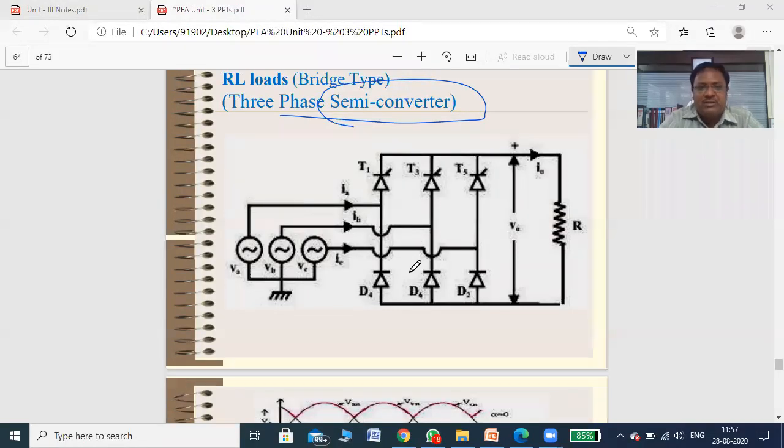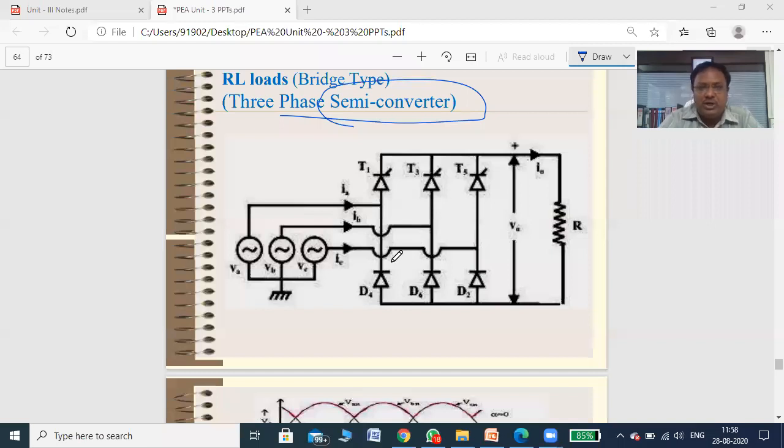Three-phase semi converter, three-phase full converter for R and RL load, with and without freewheeling diode. So the three-phase converter is not just one topic. It consists of more than 5 to 6 questions. First is the three-phase midpoint converter for R load, then the three-phase midpoint converter for RL load, and the three-phase midpoint converter with freewheeling diode. So those are three questions. Similarly, the three-phase semi converter is another question.